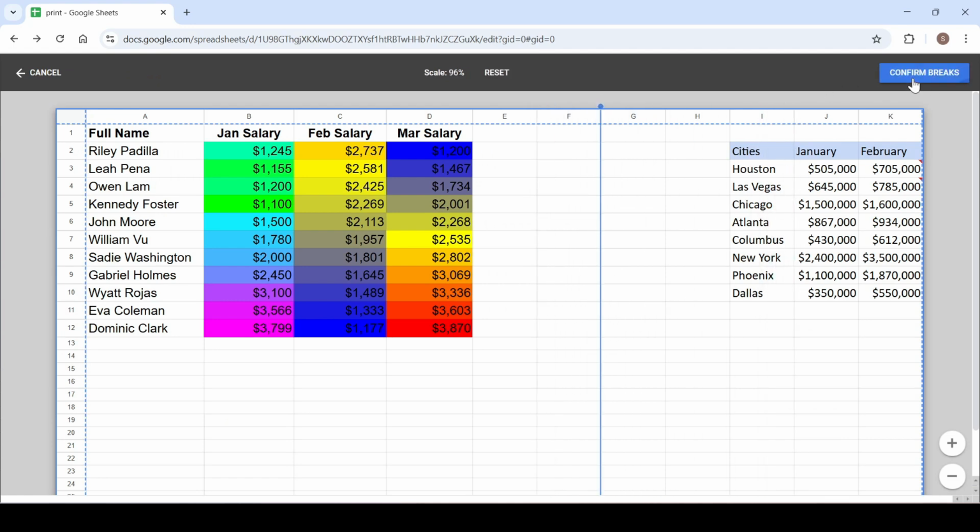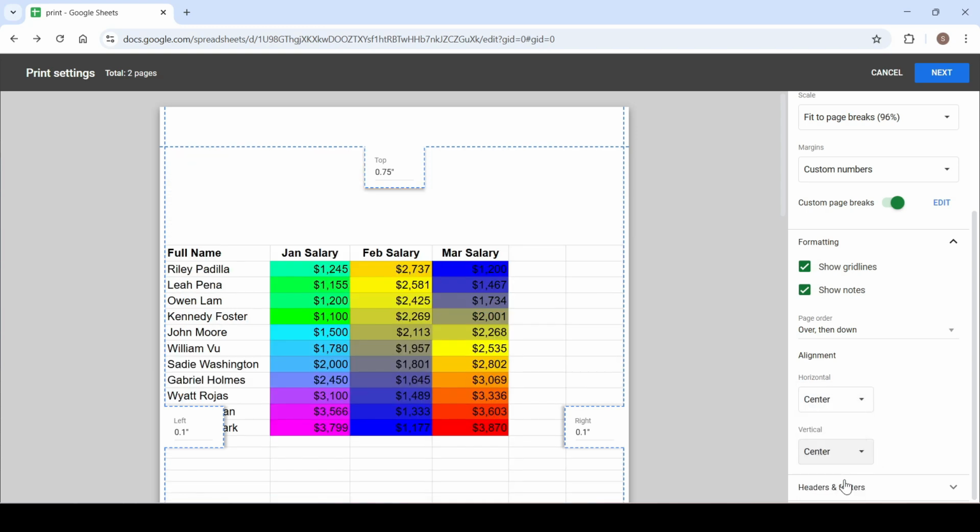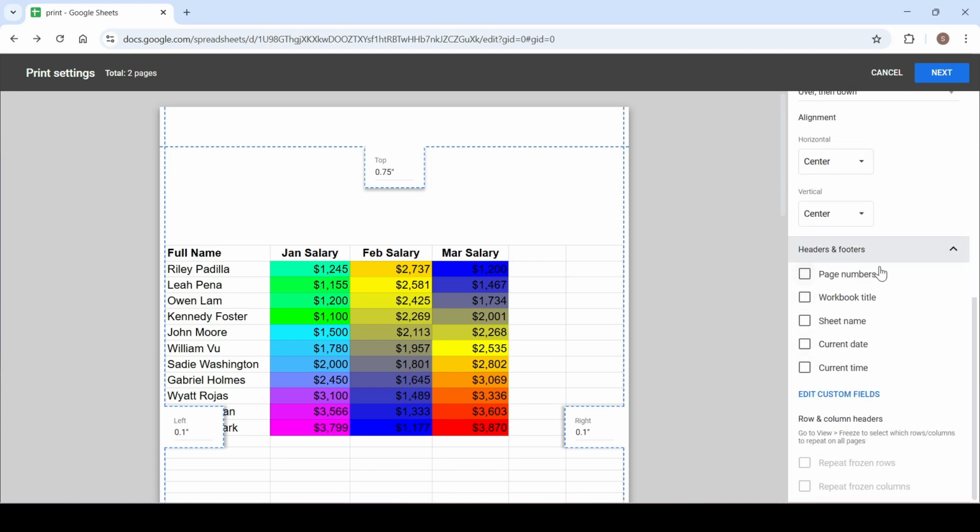In the formatting tab, we can choose whether to show grid lines and notes or not. The order of printing is from top to bottom or bottom to top, and also here we can align the data on the page horizontally and vertically. And the last tab, headers and footers, allows you to add various document attributes such as the workbook name, date